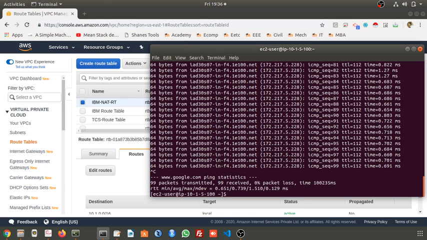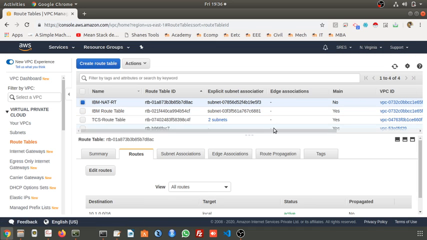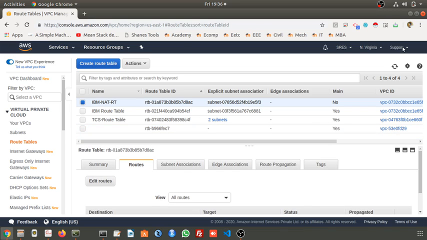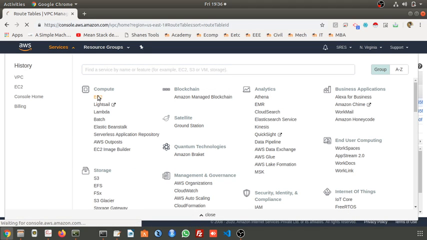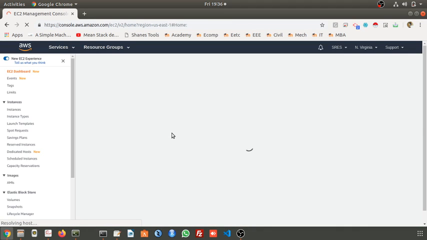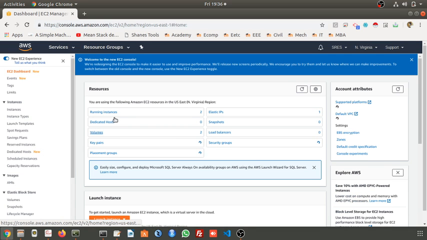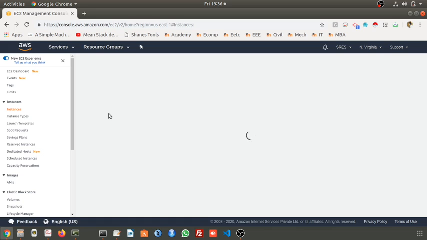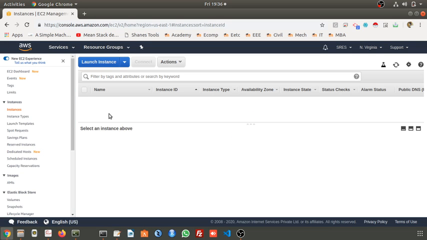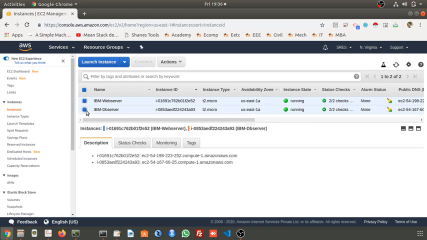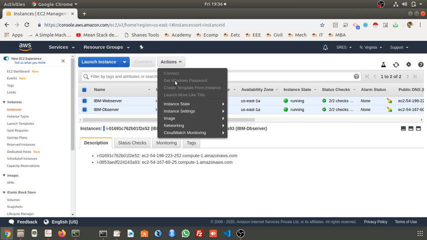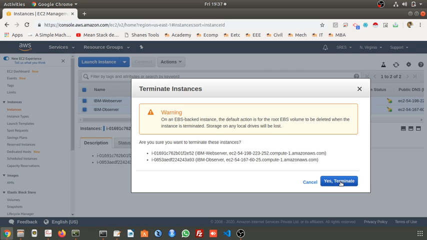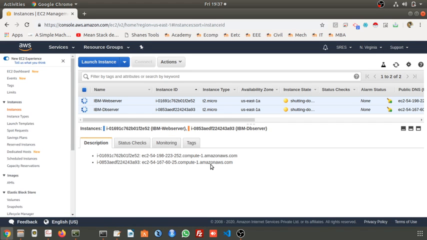Okay. This is what the NAT gateway is about, how to implement the NAT gateway. I hope you understood this. So now what we'll do is we will remove all the instances because the practical session is completed. I'm going to remove all those instances as well as the VPCs. First, you cannot directly delete the VPC. First you have to terminate all the instances that are placed over the VPC.